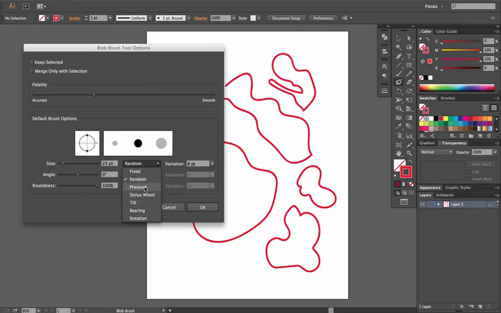You can choose to do it by pressure, your stylus wheel, the tilt of your pen tablet, bearing, and rotation, and they can all govern the variation of the actual brush. Same thing goes for the angle, and this will show which direction the angle is actually in, and you can change it to fixed, random, pressure, and if we were to change it to random,